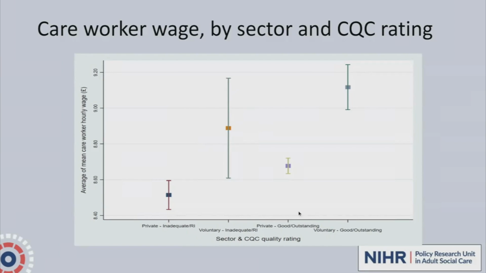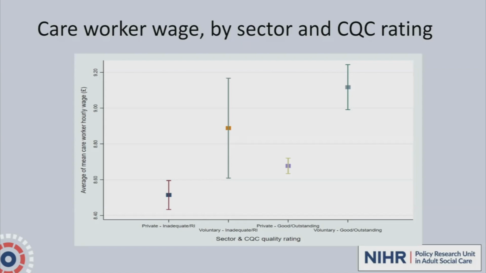But when we look within the sector, we also see significantly different wages between quality ratings, even controlling for the sector. It's certainly the case for the private sector, not necessarily the case given our levels of confidence for the voluntary sector, and that is generally simply because there are so few voluntary sector home care providers that are rated as inadequate or requires improvement. I think it's less than 1% of the observations we have. Okay, so that's when we simply compare without controlling for other factors.